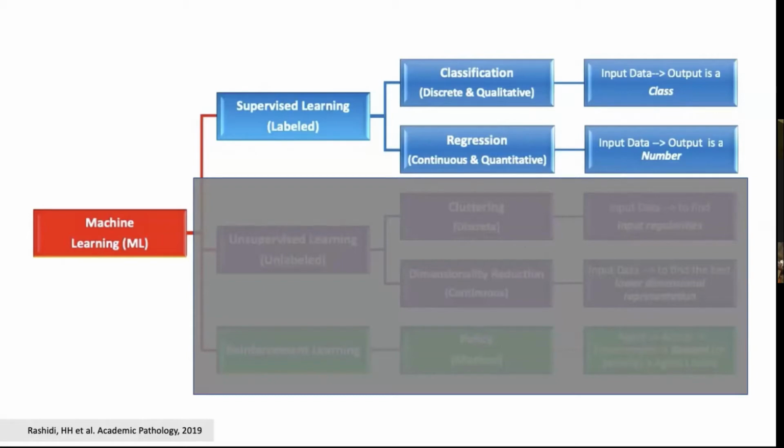Regression supervised models are more numerical outputs. So let's say you're in real estate and you buy a house, and you want to figure out, for this new house that has 5 bedrooms and 3 baths in this zip code, it can predict, based on other things it's learned, the price range it should be, versus an actual discrete qualitative output, which we see in classification. Most of the things I'm going to concentrate on today will be classification schemes, since that's the vast majority of what we deal with within medicine and within pathology.